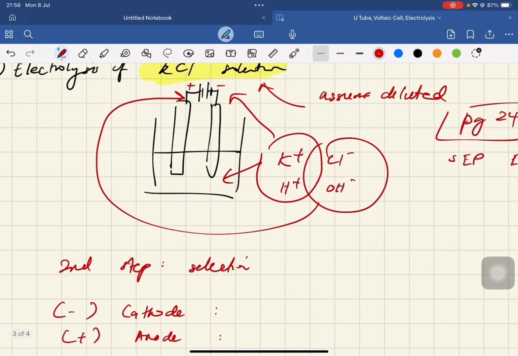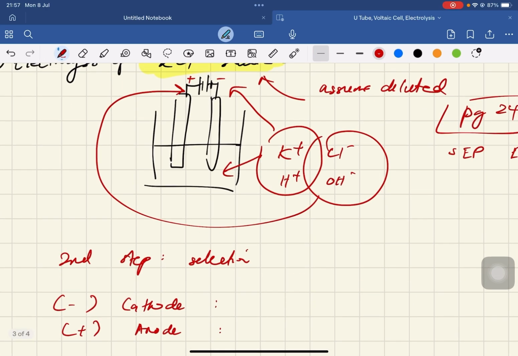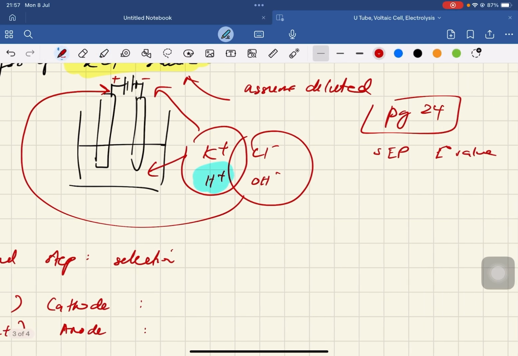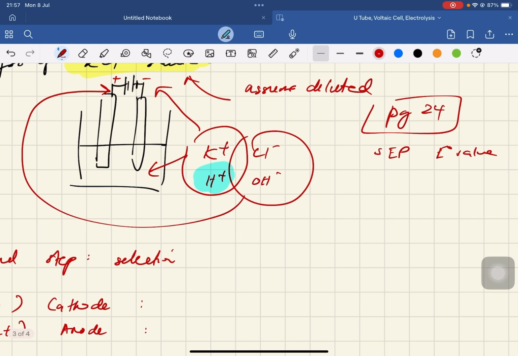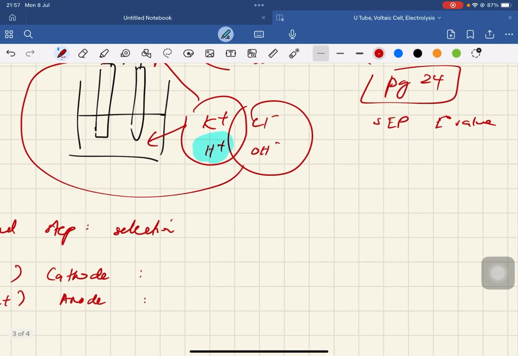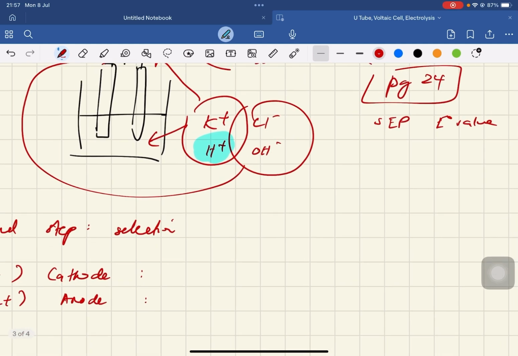At the cathode, K plus and H plus are attracted, and you'll find that hydrogen has the more positive E naught value. Please refer back to page 24, which has the list of E naught values. H plus would be selected because